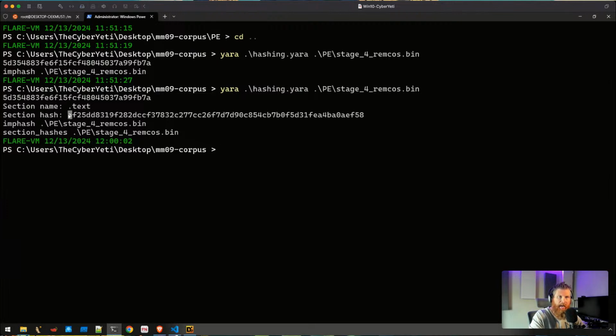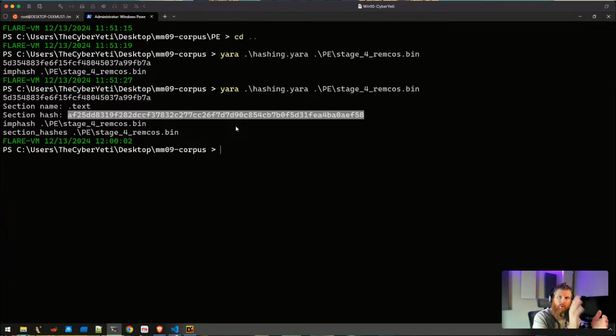Okay, so now that just hashed the section .text based off of the raw offset, raw size, and that's the hash of it. So now we could do some correlation or some searching or some hunting or whatever we want to do using the hash of that particular section. Right. So again, there are many ways in which we can grab that hash information, and Yara is just one way.